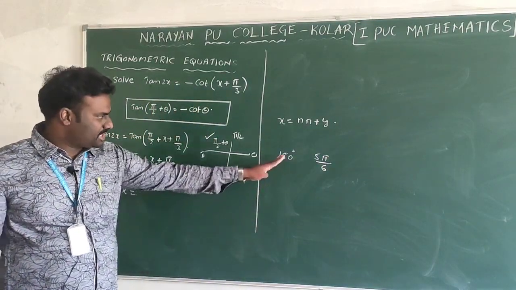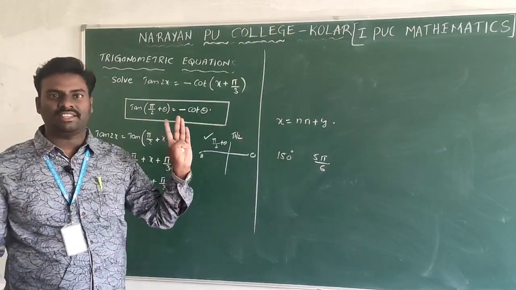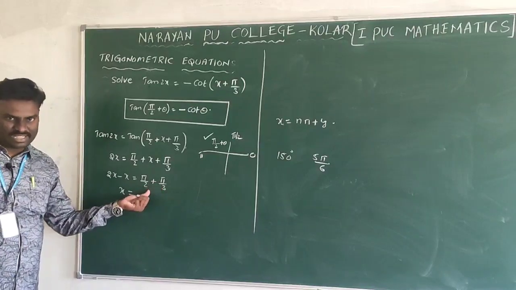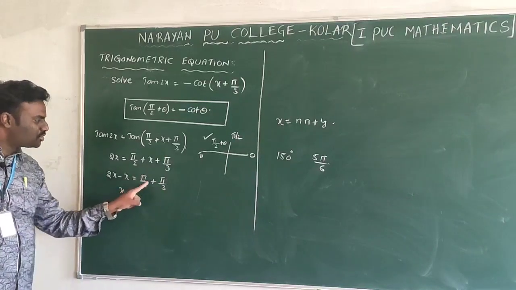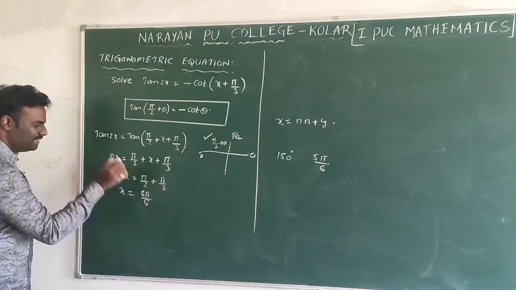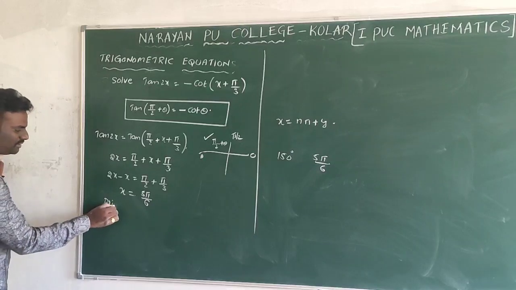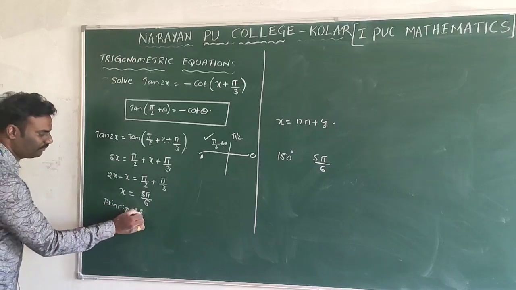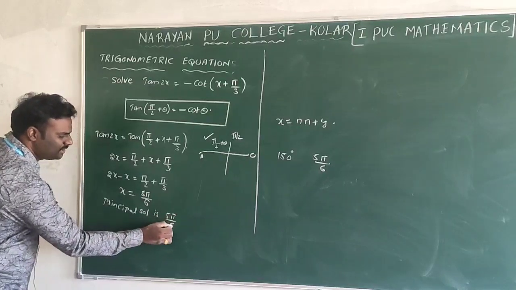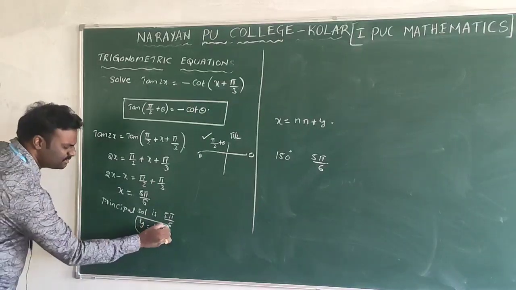If you know this concept, you can do it directly. No sir, I am unable to write radians from degrees. Then you take the LCM. What is the LCM? 6 is the LCM. 3 pi plus 2 pi, that is nothing but 5 pi by 6. This is the principal solution. Therefore, the principal solution is 5 pi by 6. But in the formula we are using y, that's why I am taking the principal solution as y.